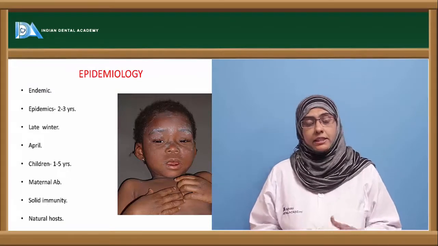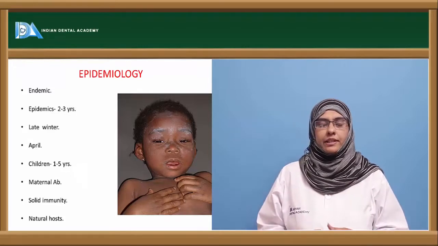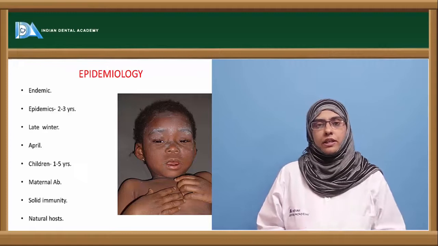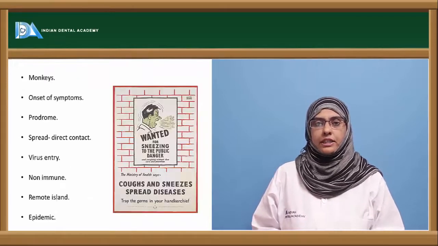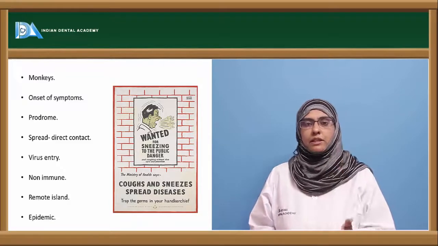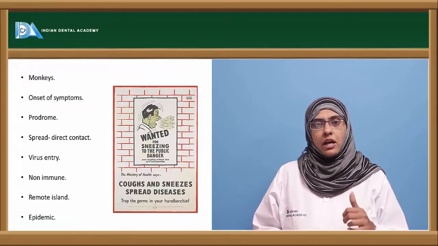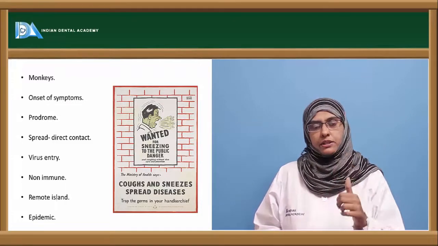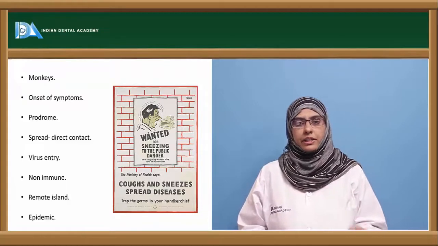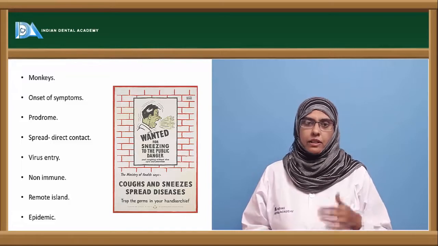Once attacked, this disease usually gives a solid immunity lasting for the whole life, and the natural host of this disease is only the human. There is no reservoir host, and there are no asymptomatic carriers. So the person who is infectious is able to transmit the infection, and although the natural host is only the human, we can transmit the infection even to monkeys by intraperitoneal or subcutaneous injection of the virus.